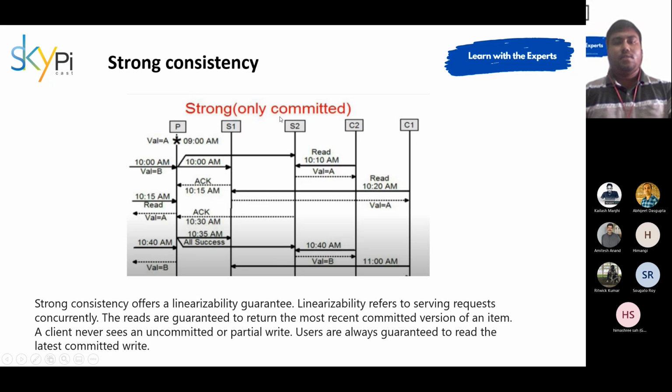So in strong consistency, let's say at 9 a.m. a value was written, like we have a value equal to A, and in all those other secondary databases we have the same value at this time, which is A. And let's say in the primary database at 10 a.m. we change the value from A to B. Then it will get synced to all the secondary databases, and while it is syncing, let's say